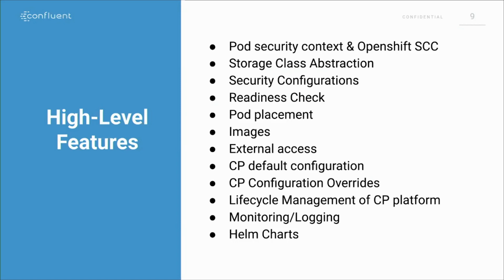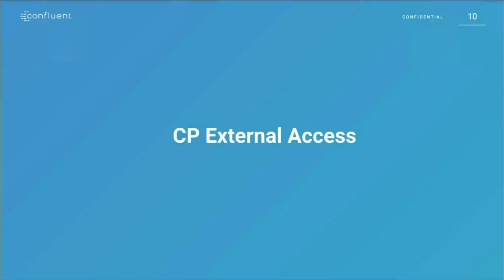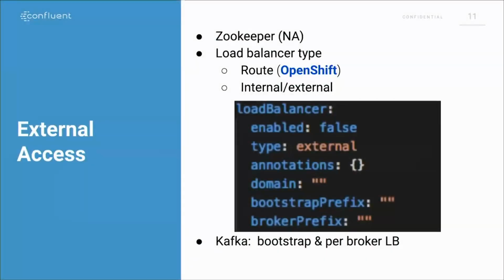And then we use Helm to configure this stuff. External access is interesting. For Zookeeper, we don't open external access. For all other components, we open external access. On the Helm chart, if you see this example, it's so simple. All we have to do is change the type. So type dictates